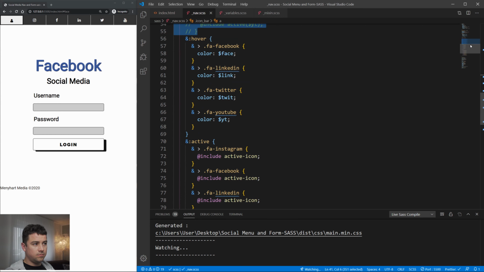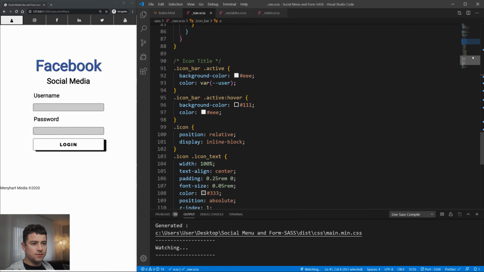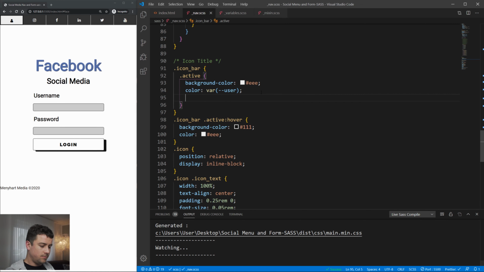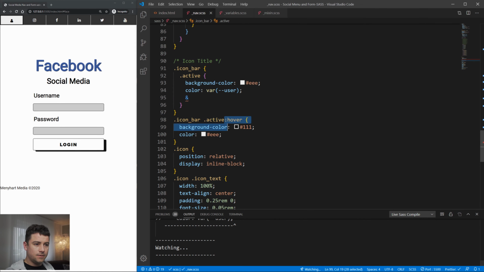Okay, so that's pretty much it. Actually, I could do a few things here. So take this and put it within here. Nest it within here. Then I could call it as a parent again